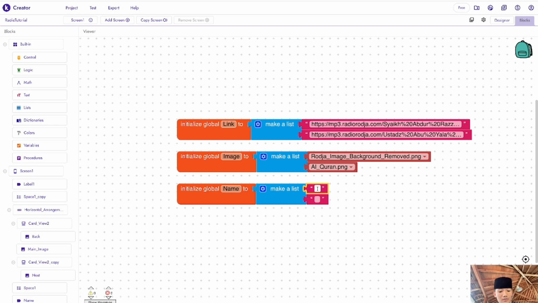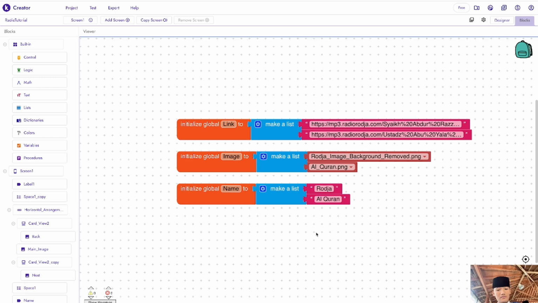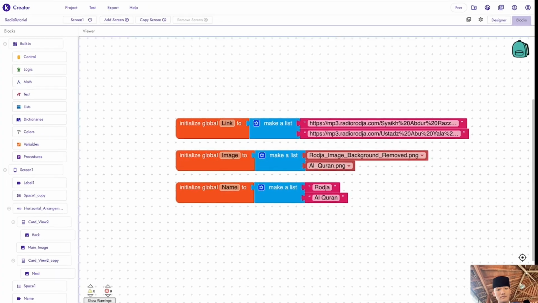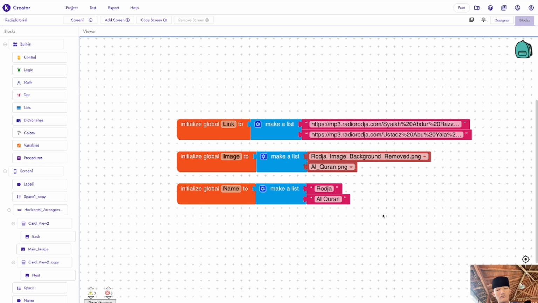So first text will be Roja, and the second one will be Al-Quran. Okay, so all good there.